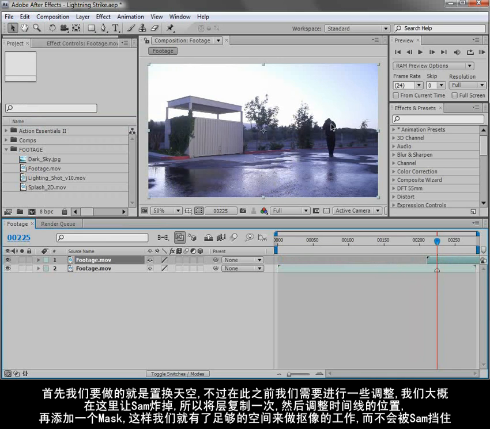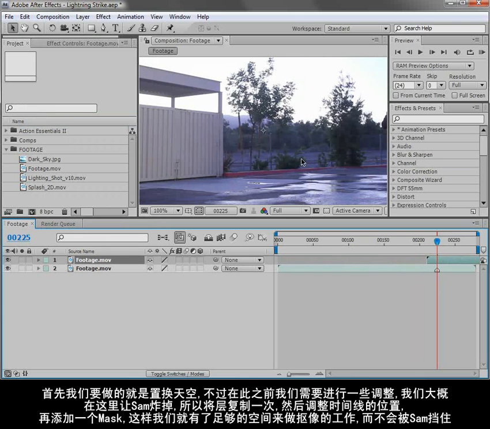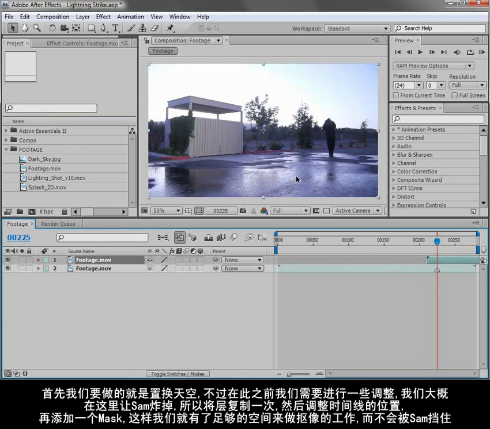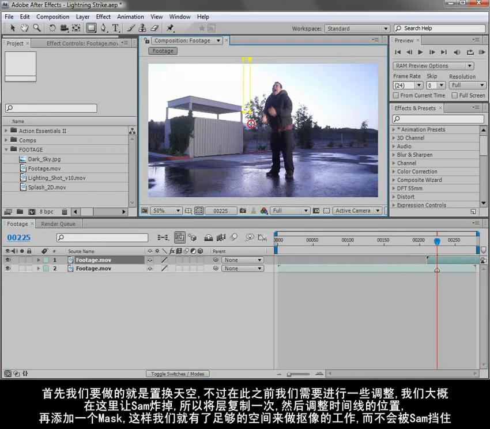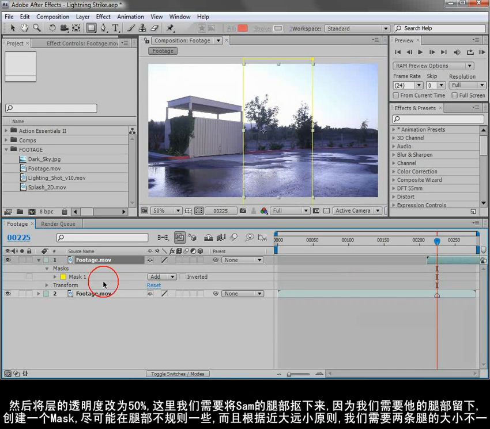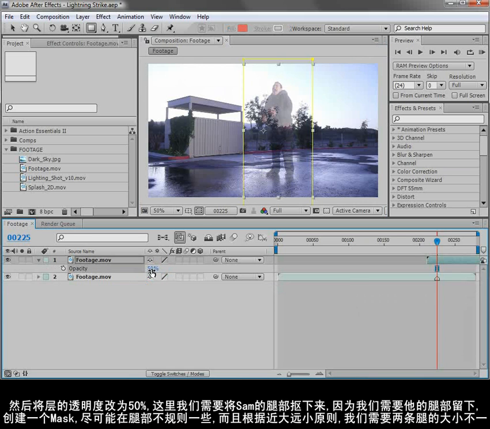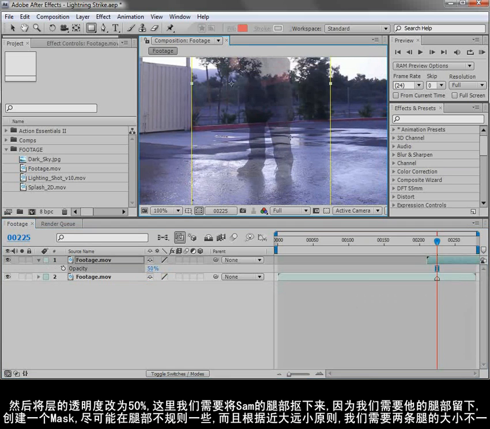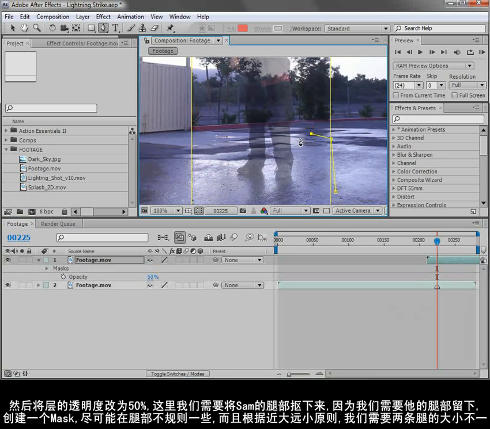Basically, we didn't shoot it fully clean, but there's enough room here where he's not standing that we can extract. So we'll take the rectangle tool and we're just going to cut out an area so that we have a clean plate for him to be standing on. And then we also want to hit T, we'll lower this to 50%. And then we want to cut out the area where his legs will be left over. So we can just go ahead, draw a mask,